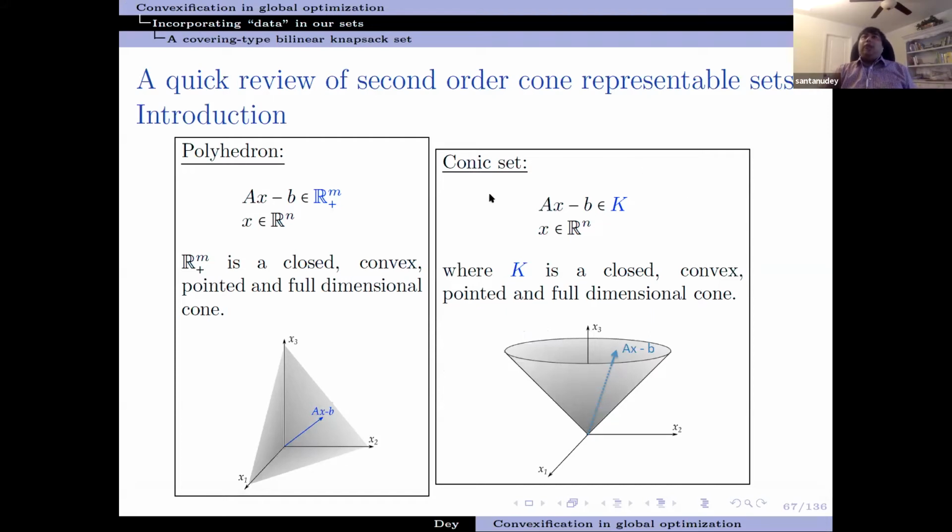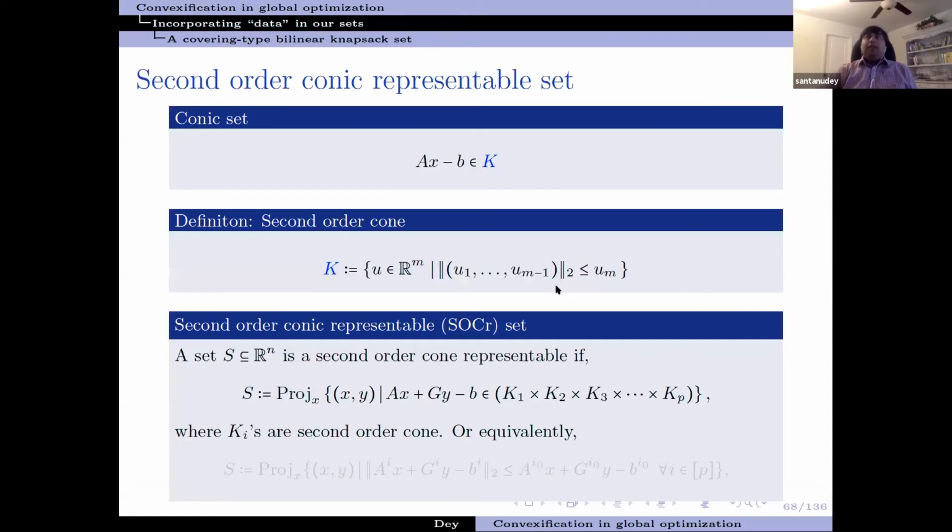And so that would be a conic set here. So for example, now again, look at the set of x's so that this affine image of this set, Ax minus b, lives in this cone, which is not polyhedral. So these are conic sets. All right. And so now this is a conic set, just the set of x such that Ax minus b is in the cone. And for a polyhedron, this cone is R^m plus, but for the